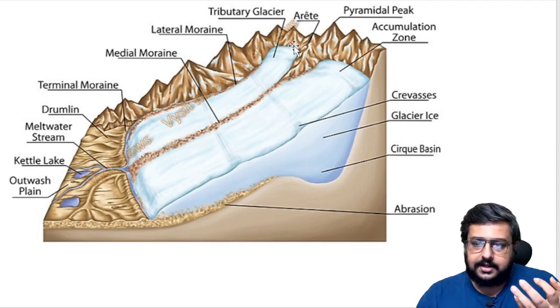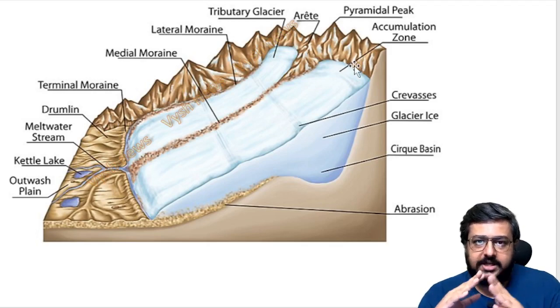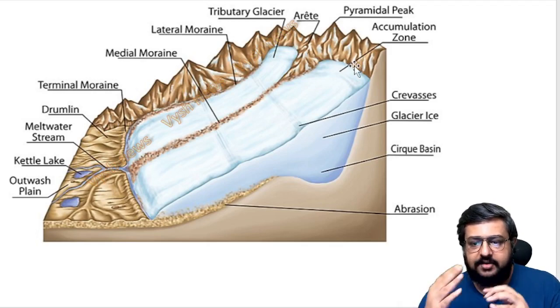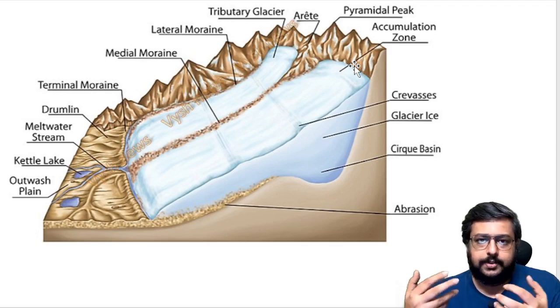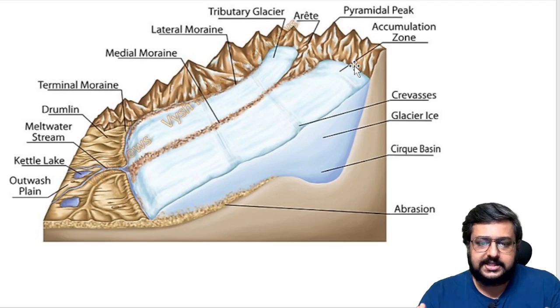Okay, and then the glacier is there, and these different soil formations. If it becomes a peak, it will have a different name. If it is a curvy thing, it will have a different name. So in geography, people have made so many names that you UPSC aspirants have to struggle a little bit to know the meanings. But these are the different terminologies which you have to study as part of your studies, which is clearly there in your NCERTs.